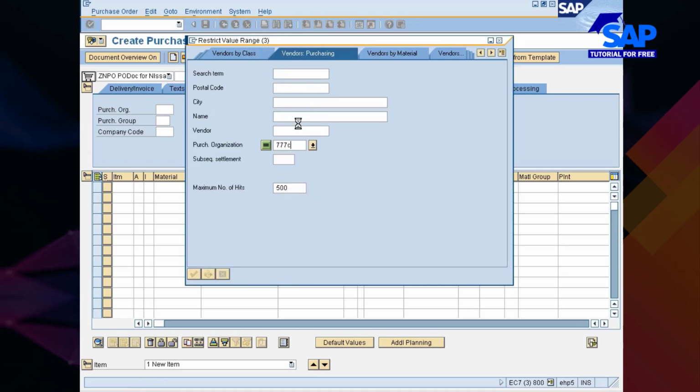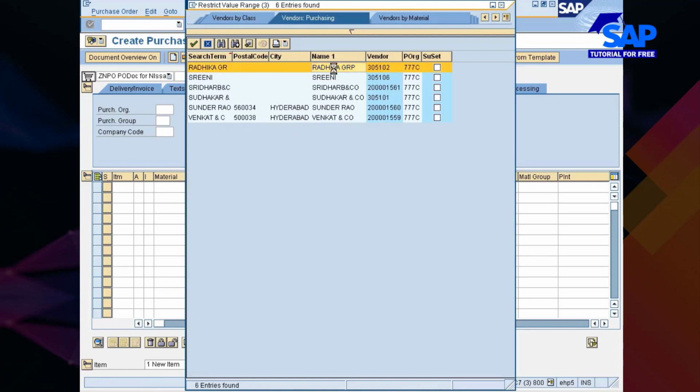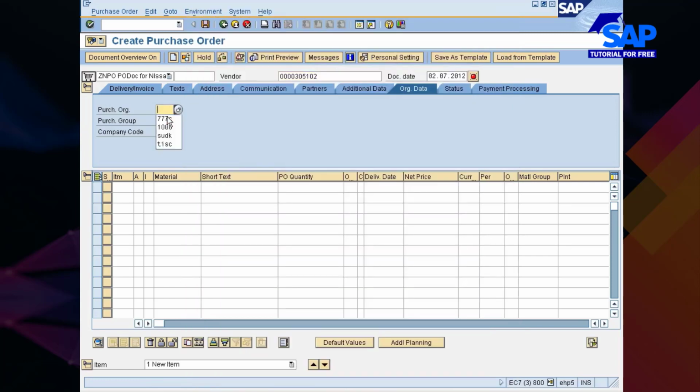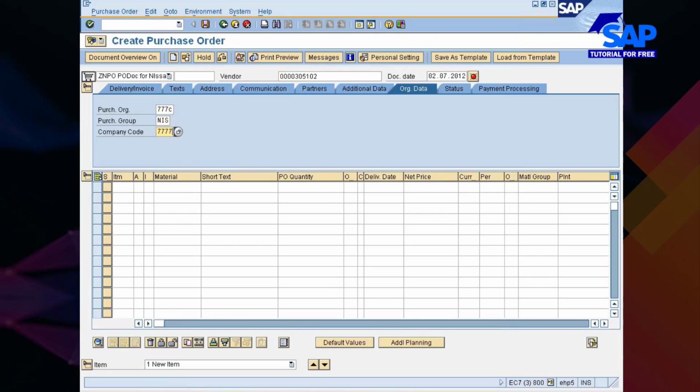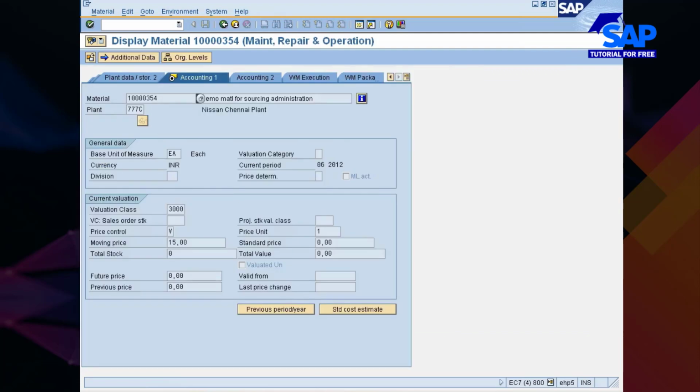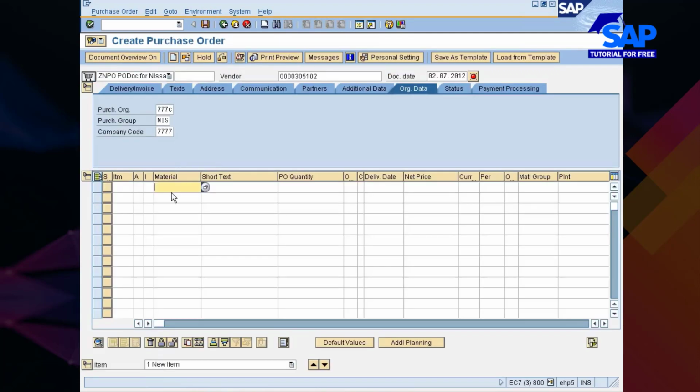For example, Radhika, purchase organization, purchase group, company code. Here is the material. Here is the material number, and here is the plant, quantity of 10.